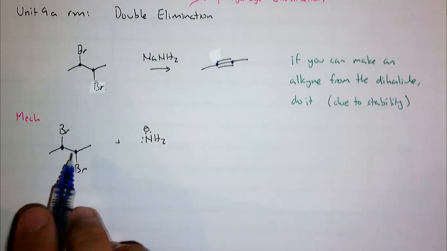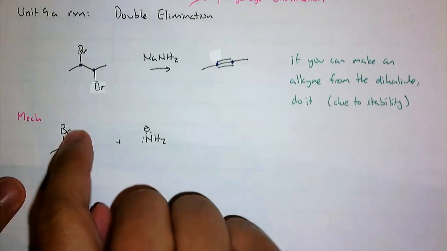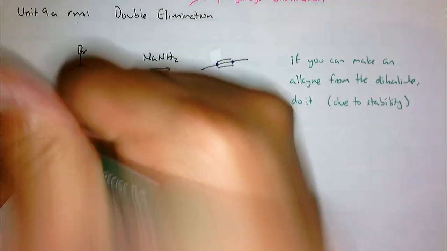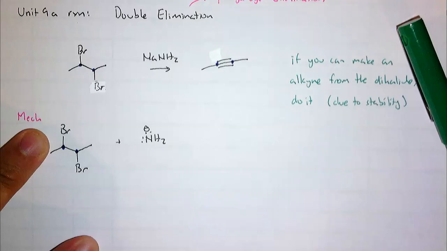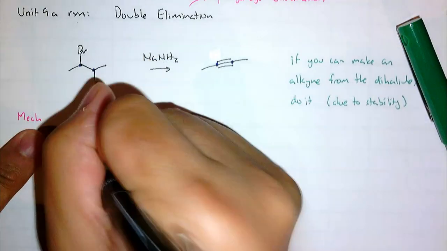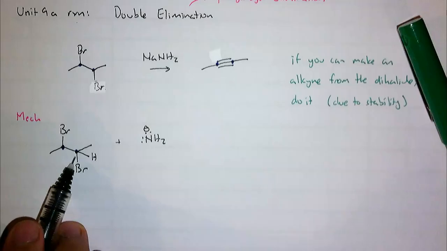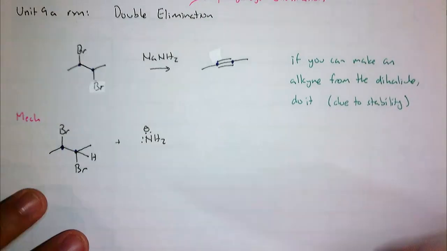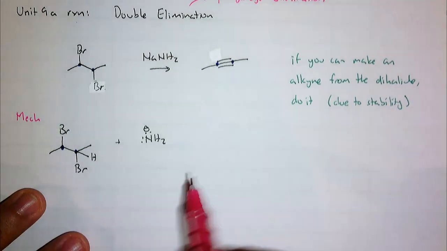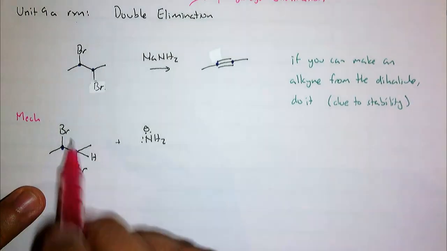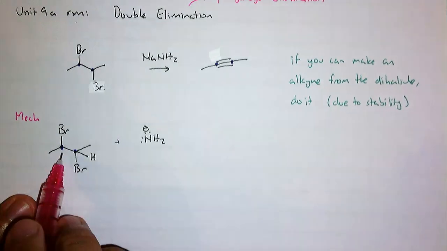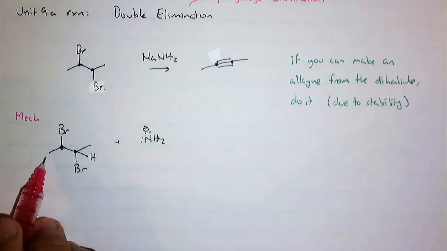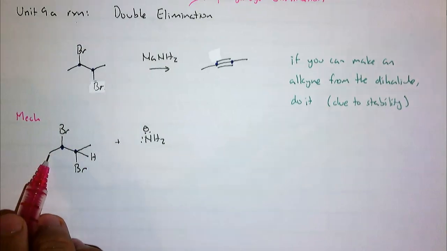Now if I think about this molecule here, let's say I want to get rid of this bromine on the left. So I arbitrarily chose that. That would mean that I would have to remove this hydrogen right here. Right? Isn't that the beta position for this bromine? So what you're thinking about is sequentially doing an elimination for these two bromines. But to remove this bromine, we have to remove a beta hydrogen. Now, why am I not removing this beta hydrogen? Well,